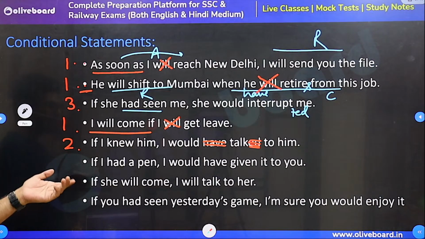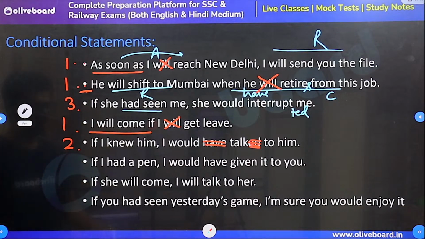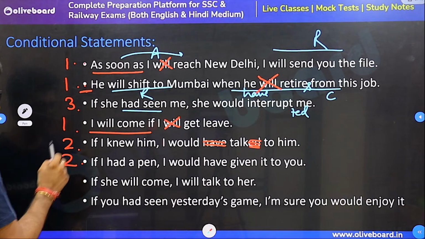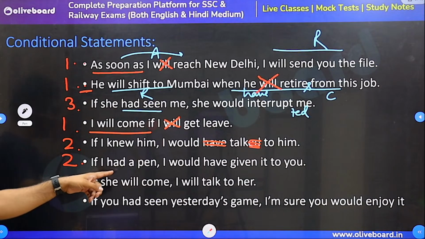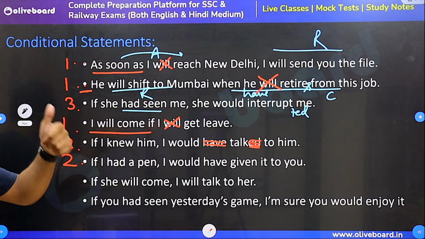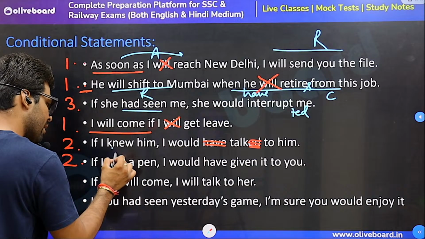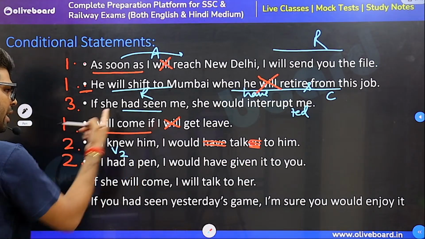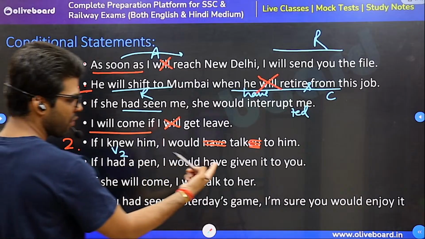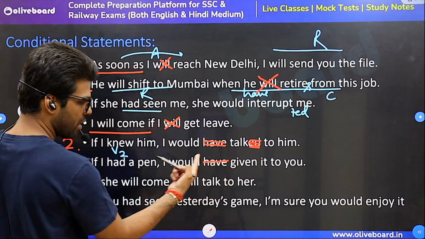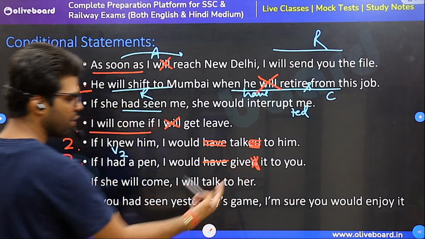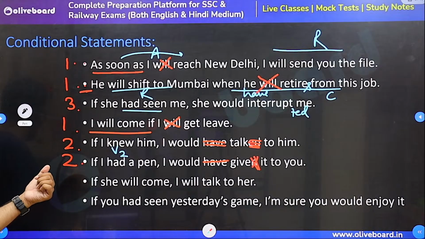If I had a pen, I would have given it to you. Everyone, that's a second conditional, because if I had a pen, you can ask your doubts, no problem. We'll discuss in between the session also. If I had a pen, this is actually V2. It doesn't have a third form here, so we can't have a third form here. Drop it. I would give it to you. If you have objection in this one, 7th or 8th one, please ask.